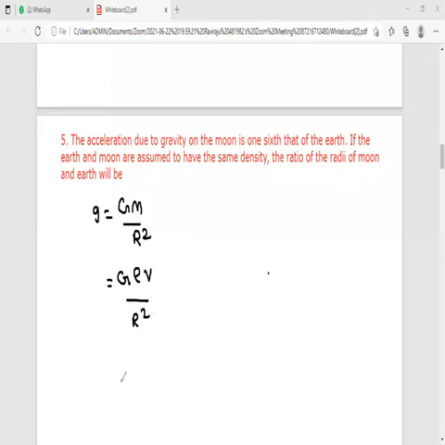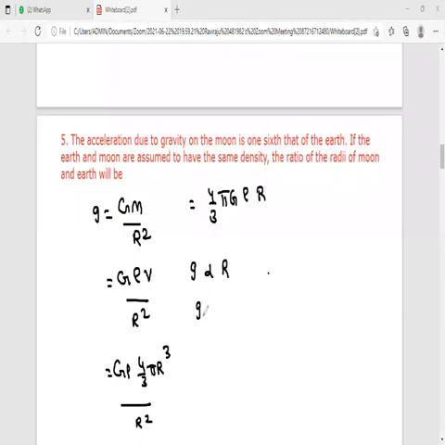Okay. And also generally we consider volume of sphere is 4 by 3 pi r cube. We consider that Earth and the moon both are spherical. By solving it, you will get 4 by 3 pi G rho, and capital R will remain there. And of course, 4 by 3 pi G rho are all constants only, and only the small g is directly proportional to R we can write.